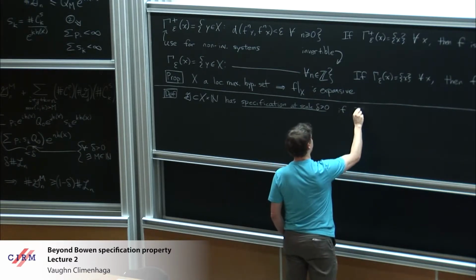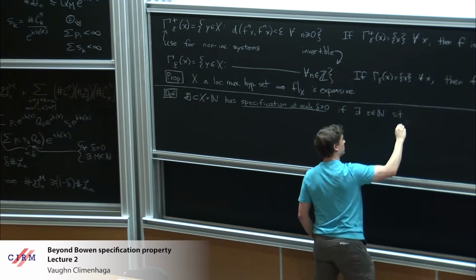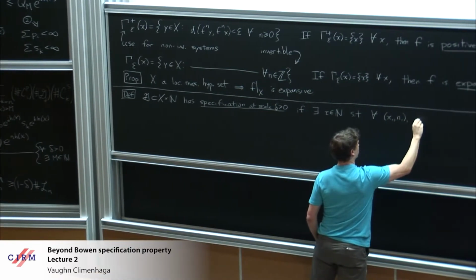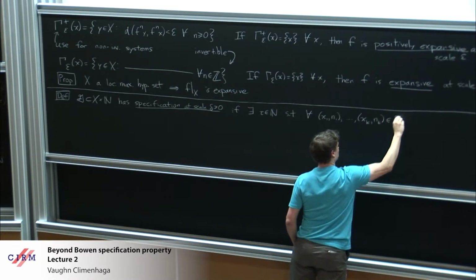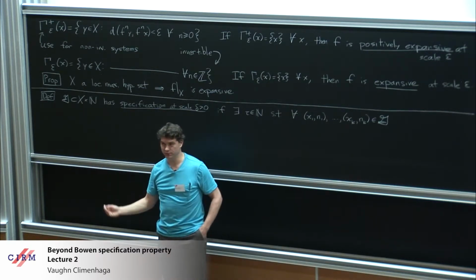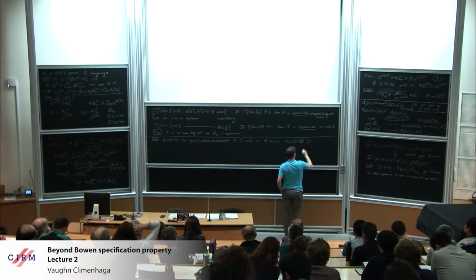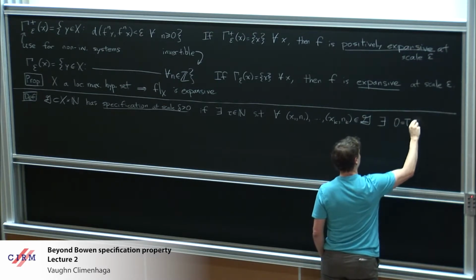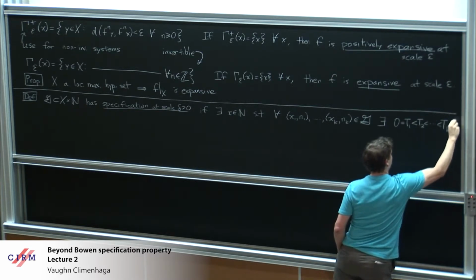If there exists a gluing time tau such that for every finite sequence of orbit segments in this collection, in the symbolic setting, I asked for a finite sequence of words from the good collection. Now I ask for a finite sequence of orbit segments. I want there to exist times T1, T2, up through Tk,